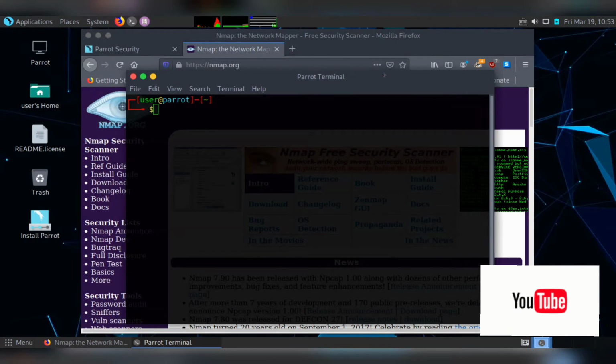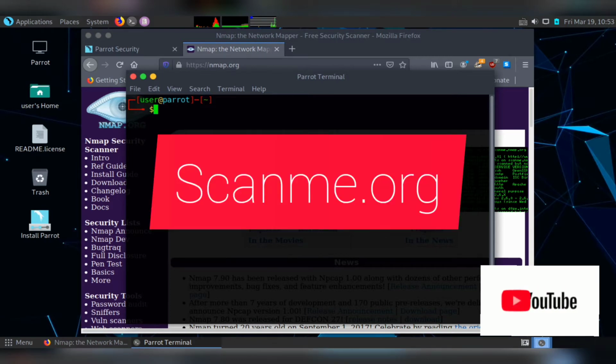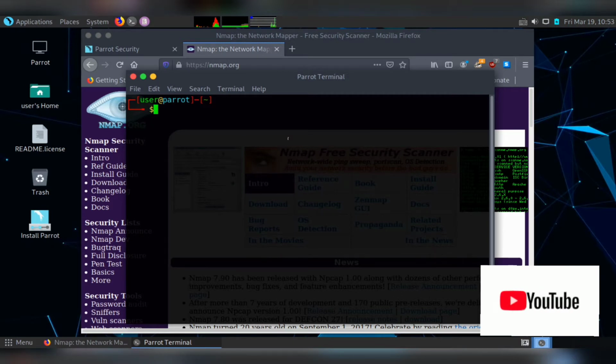So I will simply open the terminal and walk directly through the whole tutorial of Nmap, how to work with it. For that we will be using a website called scanme.org, which is provided by the Nmap developers. They provided it to test whether our Nmap installation works successfully or not. There is a limitation that we can scan that website about 100 times a day or so, so that it doesn't affect the server. Most people who are new to this can go for scanning there. You also cannot do some sort of SSH brute force, something like that.